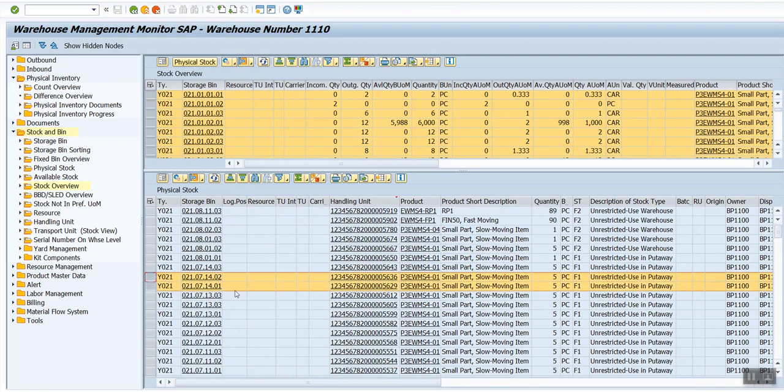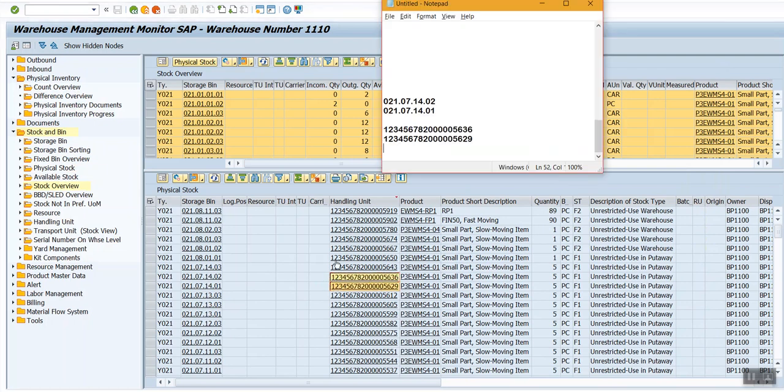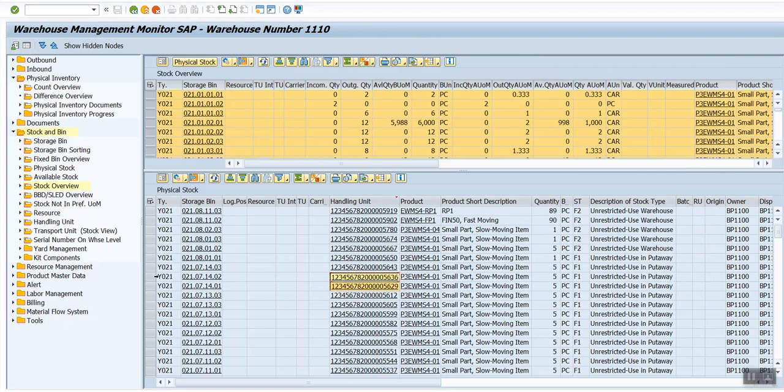We can take anything actually. So in this case, I will take these, and I'll note down the HU numbers as well. Okay, so now we have decided to go with this. It has a stock type and so on. We don't see it now because it doesn't matter. Generally it should be F2, but for the counting purpose we are taking this example. So the stock type really doesn't matter.